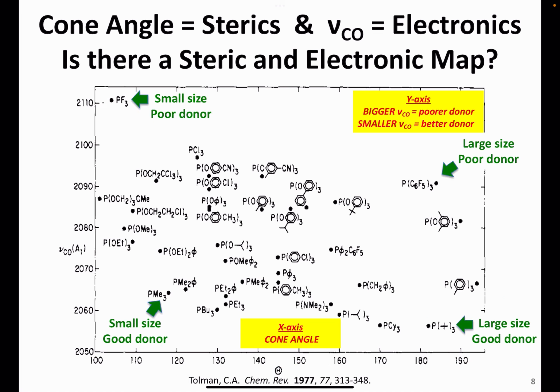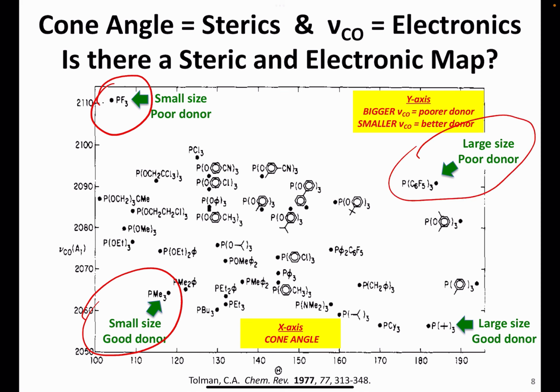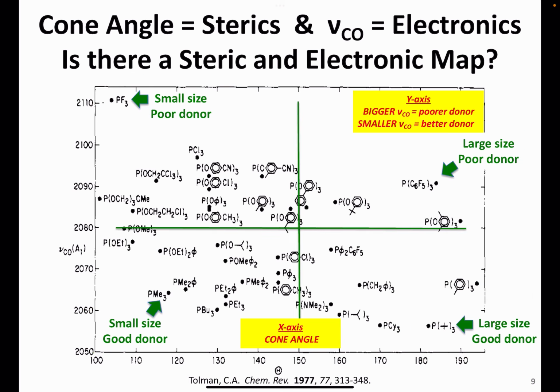break this map up into quadrants: those that have small size and are poor donors, like trifluorophosphine, those that have small size and are good donors, like trimethylphosphine, those that have large size and are poor donors, like tris-pentafluorophenyl phosphine, and those that are large and good donors, like tri-tert-butylphosphine and tricyclohexylphosphine. And so if we break this into the quadrants, what you'll notice is that this